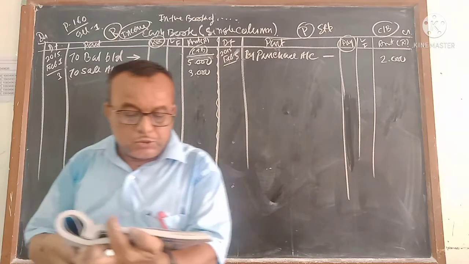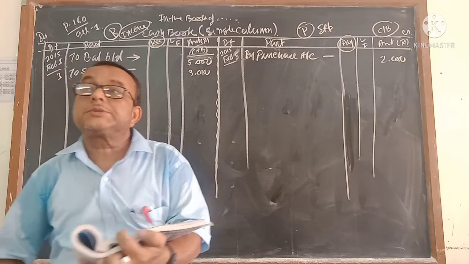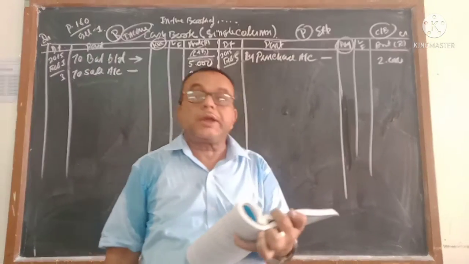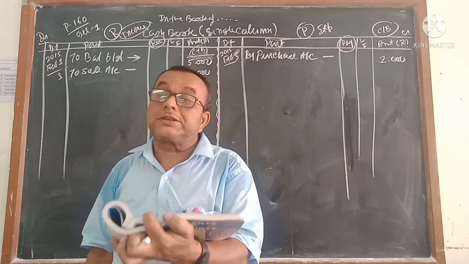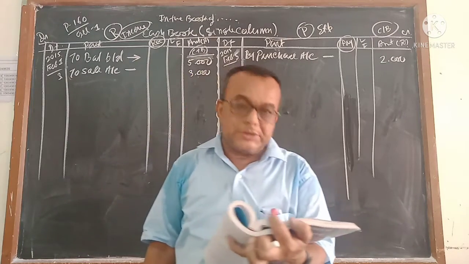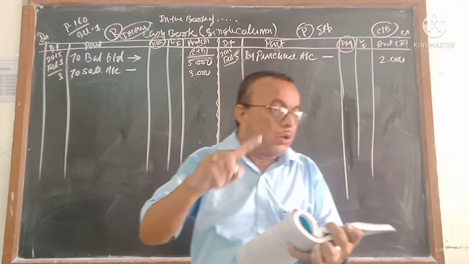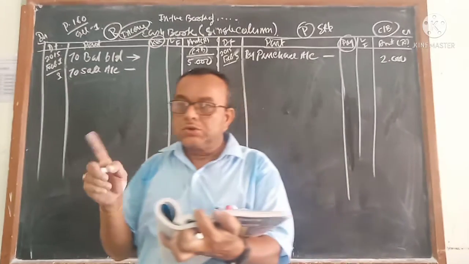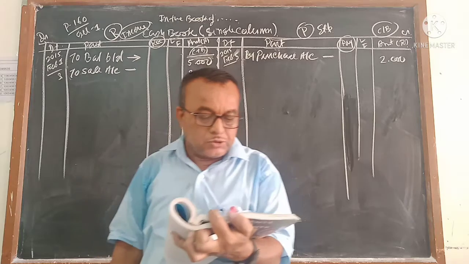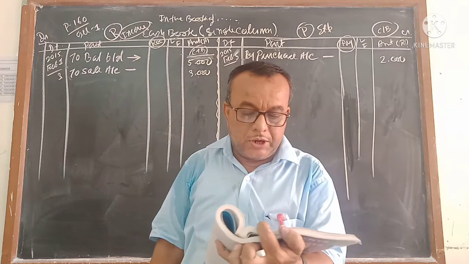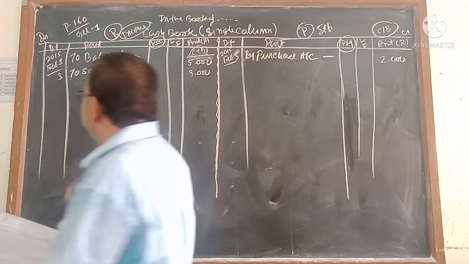Next, number 7. Cash of rupees 5,000 brought into the business as more funds are required in the business. Cash was needed in the business, so you brought cash. Cash is coming, and you will think about the business, not the owner. Owner has given cash to the business, so the business got the cash. So you are getting a cash of rupees 5,000.